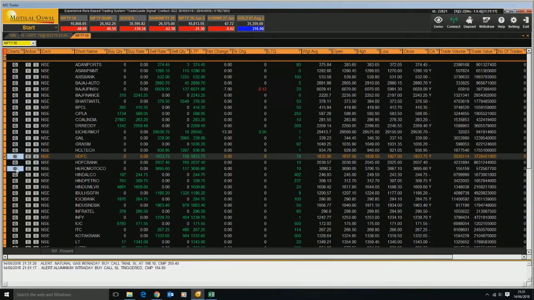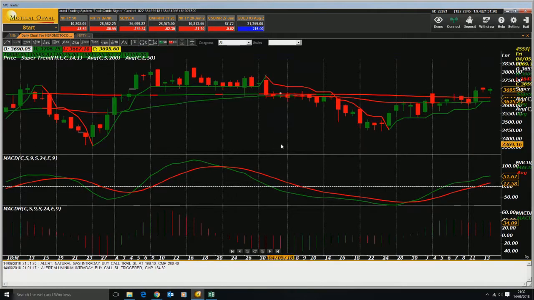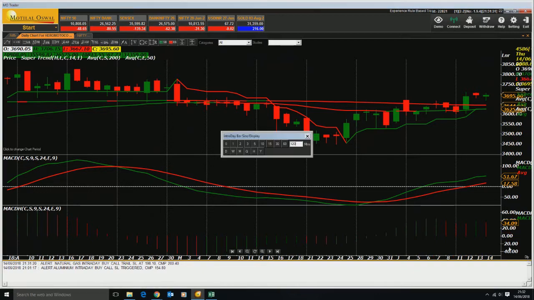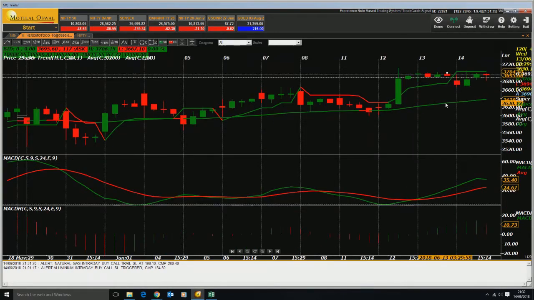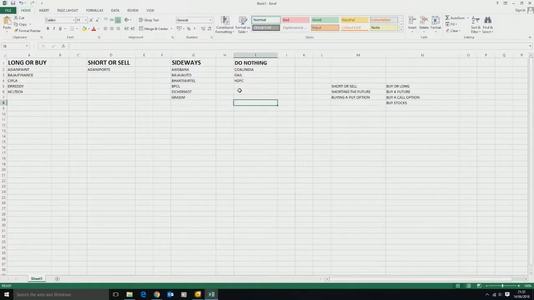Hero MotoCorp. If I go on to Hero MotoCorp on daily charts, it's giving me a fresh long entry. Not fresh, but a long entry. And also, if I go on to 120 minutes, in 120 minutes, I'm not having a fresh long entry, right? So, two conflicting pieces of information. So, what would I do? I do nothing,